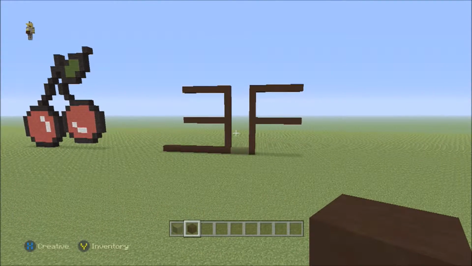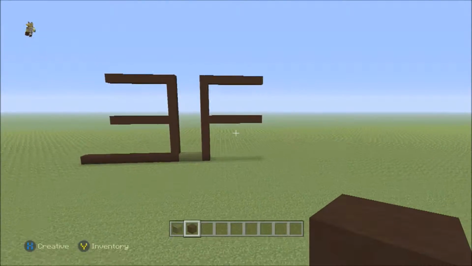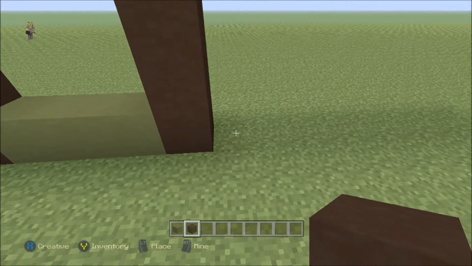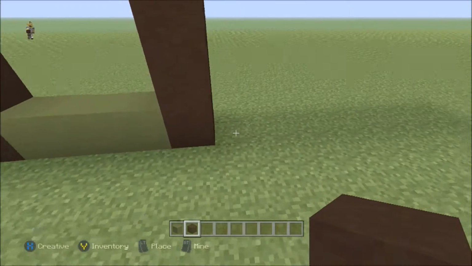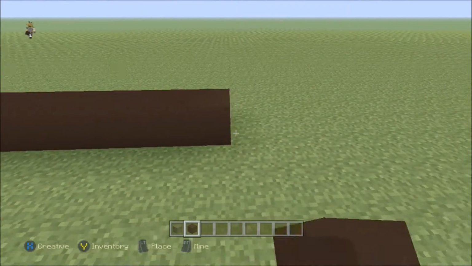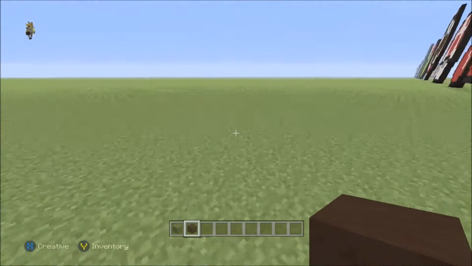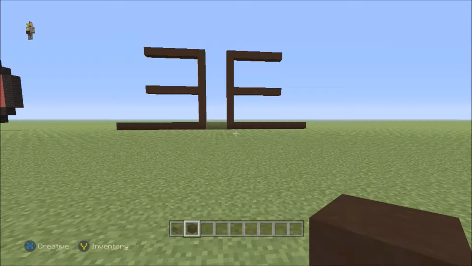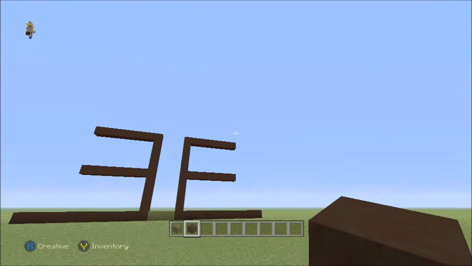Obviously we need to do the bottom now. So let's do the bottom now quickly. We want to go across by 11 because we've already placed this first block. So right by 11. 1, 2, 3, 4, 5, 6, 7, 8, 9, 10, 11. So there we go. Now we should have a completely mirrored picture right there. And now we can start doing the rest of the...